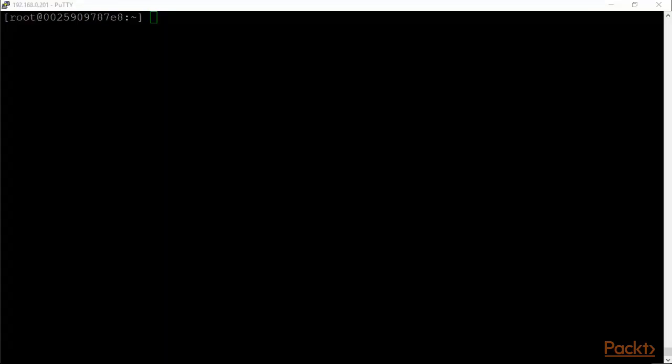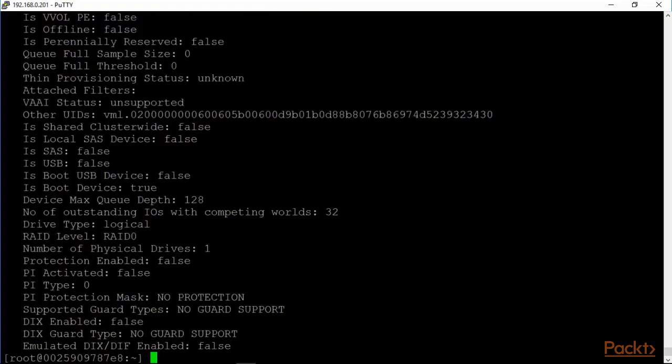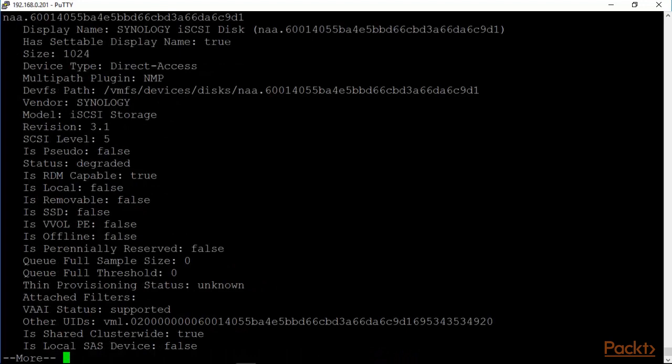So I'm now logged in to my server. It's the 192.168.0.201 server that I've been using in this course. Let's look at some storage commands. esxcli storage core device list. As you can see, there are quite a few of these devices out there, so we will pipe it through more. And we can then take a look at the NAA, or the canonical name of that device,